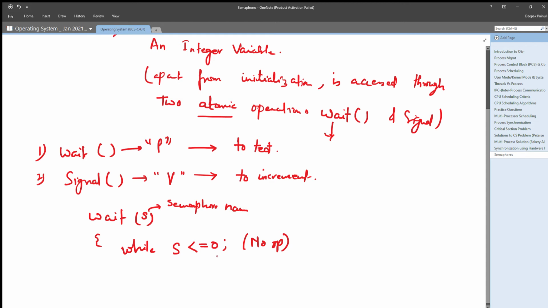And if it is getting a positive value, greater than 0, what it will do is simply decrement it, to test and to decrement. See, these are very simple functions but very useful functions, right?